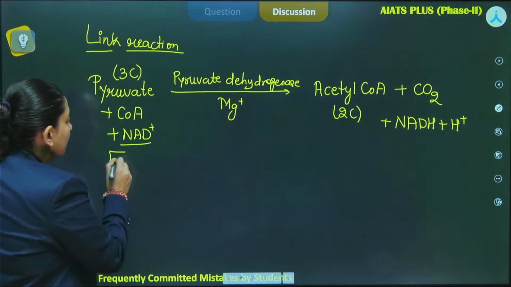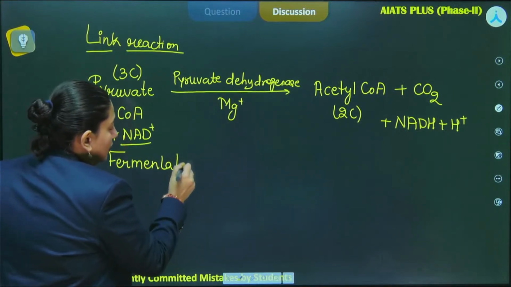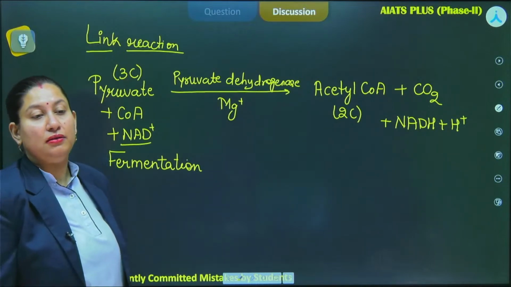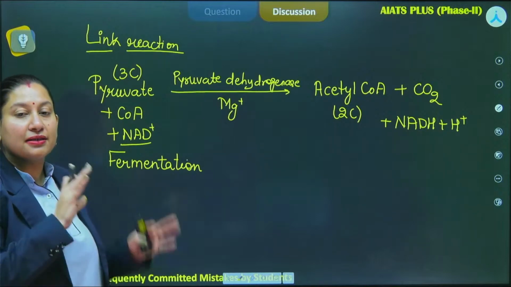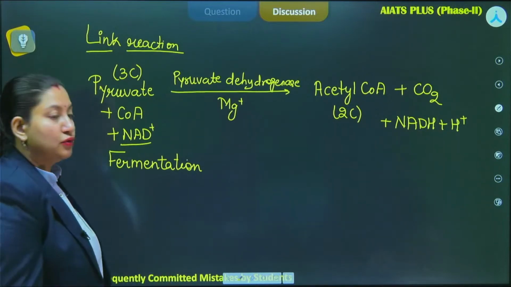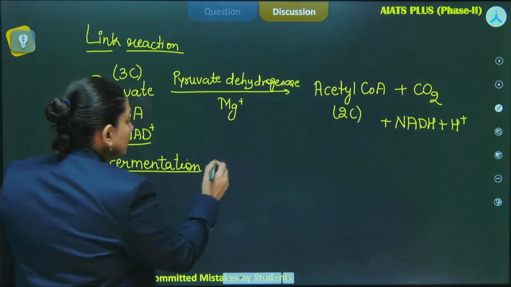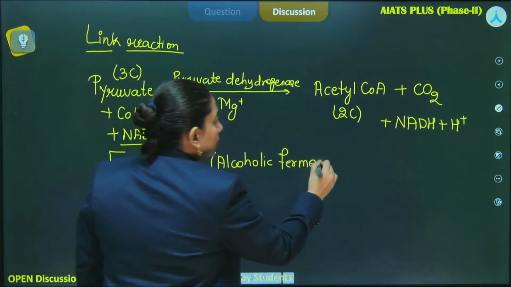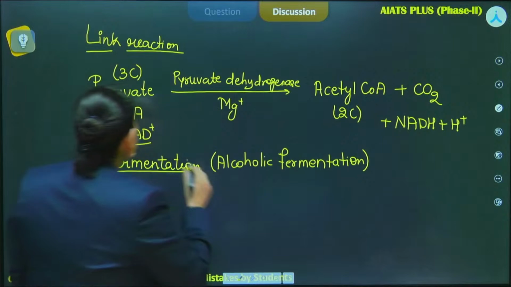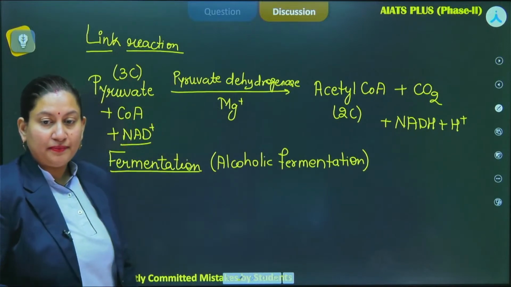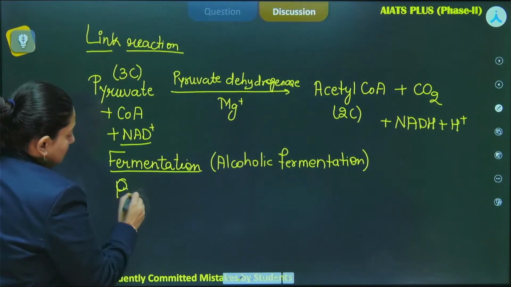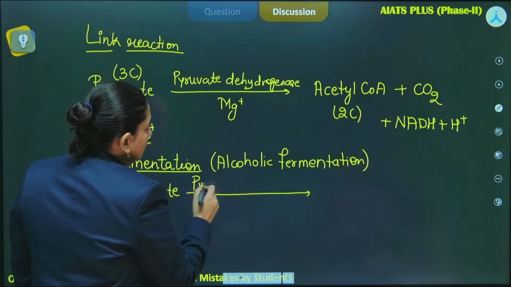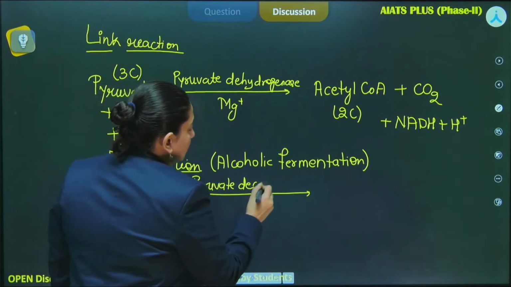So when we talk about fermentation, we know over here, unlike aerobic respiration, the complete degradation of glucose is not going to take place, right? Over there, it's a complete degradation. Over here, there will be partial degradation, or you could say partial oxidation of glucose, right? So during fermentation, specifically alcoholic fermentation, what happens is that again this pyruvate, which is yielded by the glycolytic pathway, is acted upon by an enzyme known as pyruvate decarboxylase,